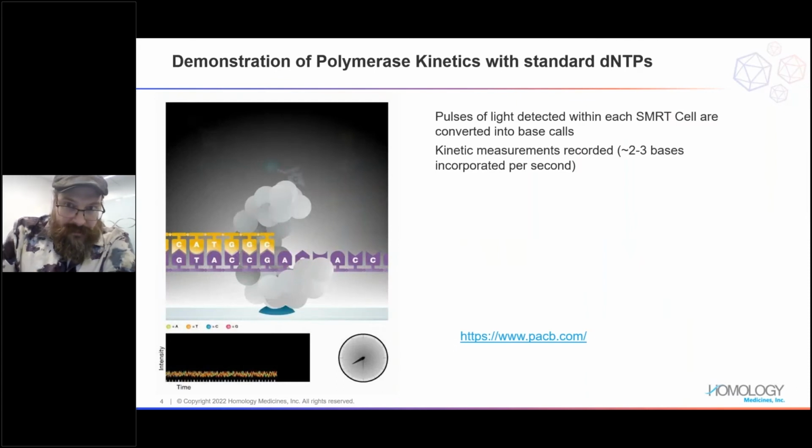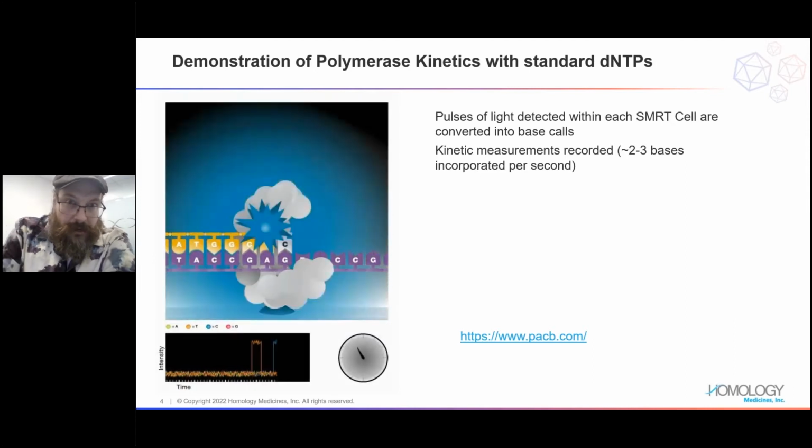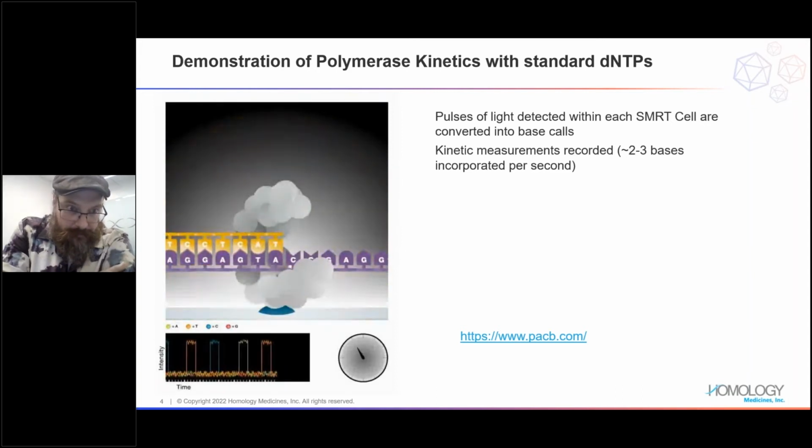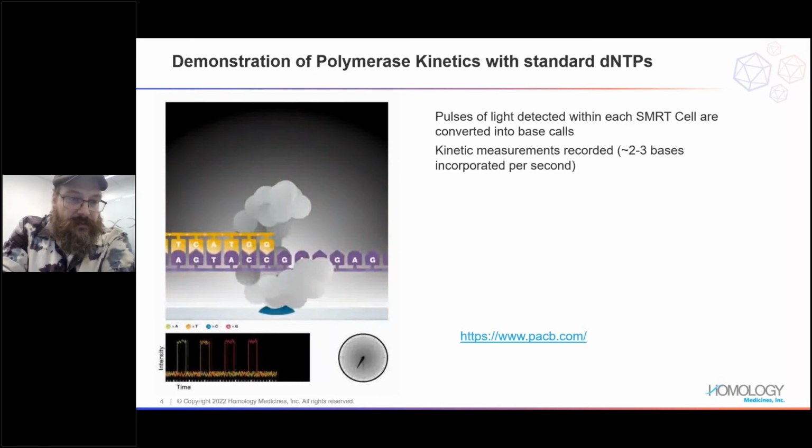So again, this is just to demonstrate how the system works. You've got a camera, you're looking at a polymerase, which is represented by the little blob, and here you get these flashes of light as it's incorporating the nucleotides, right? And then the little darker screen at the bottom is essentially to give you the idea of the observation of the actual movement of the enzyme over time. What's going on? How's it incorporating its bases, and how's it working?